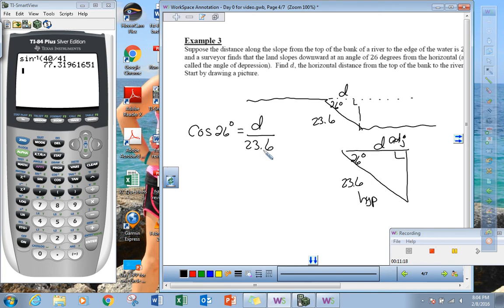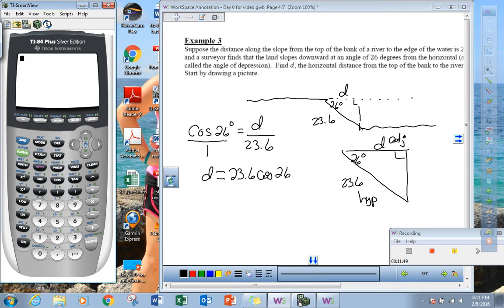This problem is pretty nice. Check out what happens when I cross multiply. When I cross multiply, d is all by itself. As a suggestion, whenever you're taking a trig operation of an angle times some constant, write the constant first. So write this as 23.6 times cosine of 26. Now when you come into your calculator, I'm going to go 23.6 cosine of 26, enter, and I get about